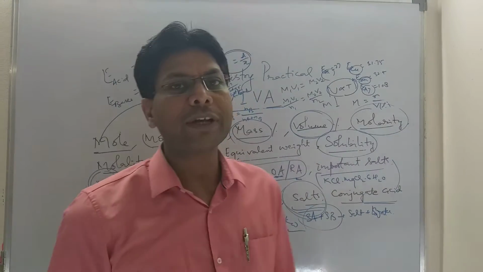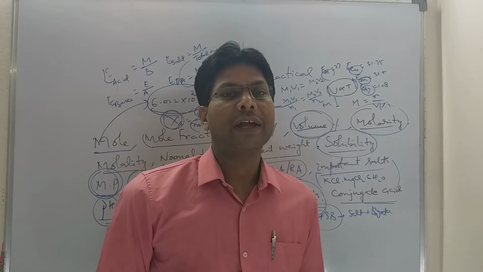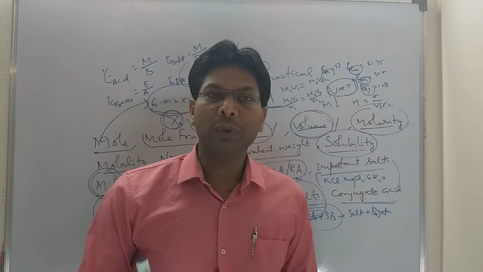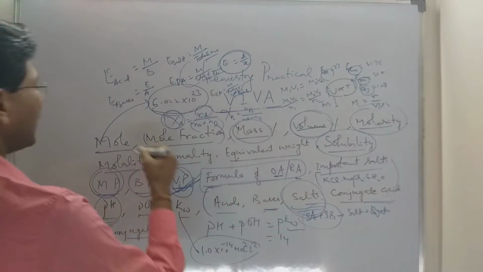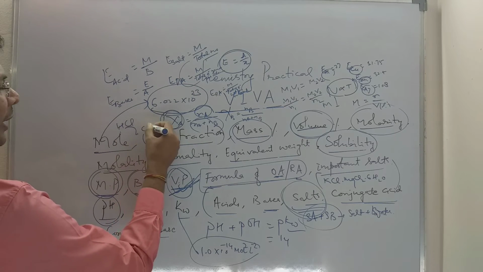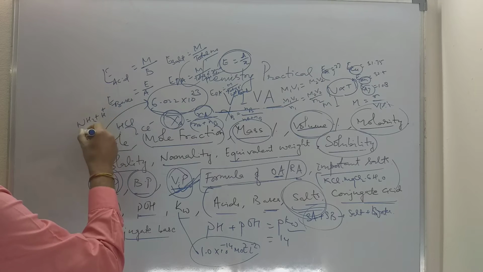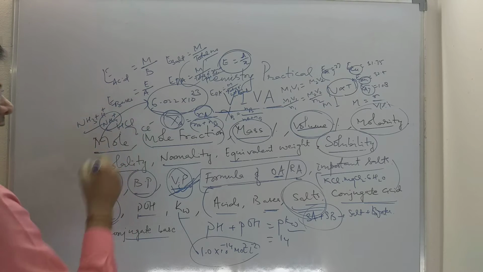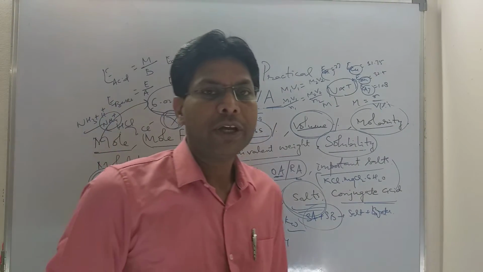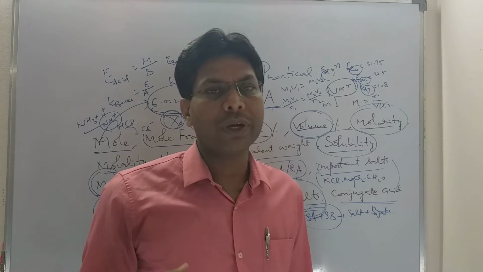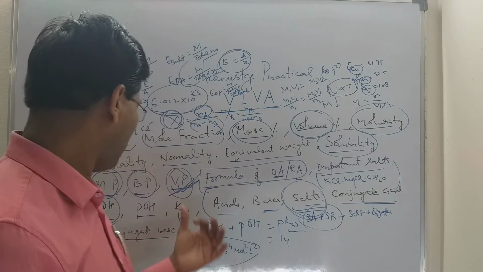Conjugate acid. How will you determine conjugate acid and base? When you take a substance and add H plus to it, then we will get the conjugate acid. If you want to get a conjugate base from an acid, you have to remove H plus. Like if they ask you for HCl, what is the conjugate base, then Cl minus is the conjugate base. Suppose for ammonia they are asking what is the conjugate acid, then you have to add H plus to get the ammonium ion. So this is the conjugate acid. A conjugate acid-base pair differs by a proton. That is the Bronsted-Lowry concept. Stronger the acid, weaker the conjugate base. Weaker the acid, stronger the conjugate base. So these are the concepts that you have to remember.